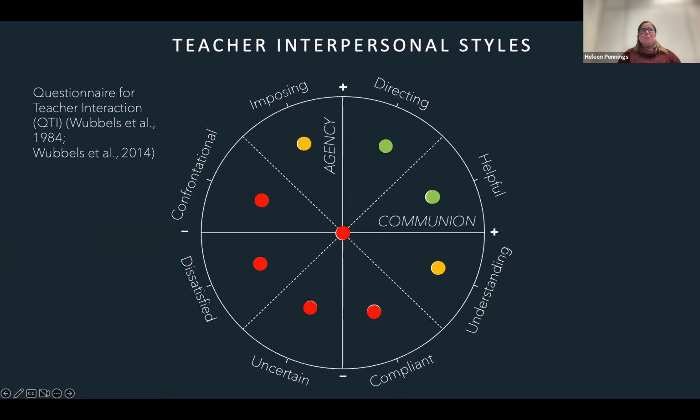But especially with the imposing style, you see that students actually work hard because they're afraid of the teacher. So we can wonder whether that is what you want to establish. And then the red ones, the 5 other styles, are really not beneficial for learning, but also not for the teachers themselves. So we see that many of the teachers, especially with the struggling, dissatisfied, and uncertain styles, drop out of teaching as a job.